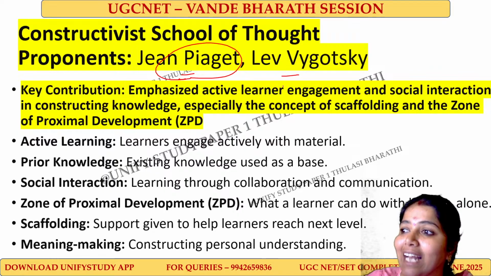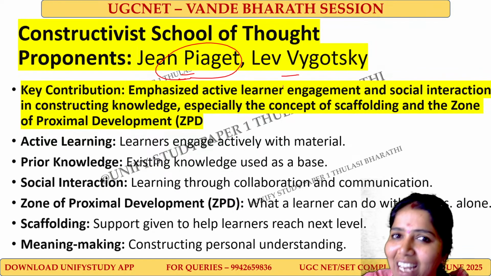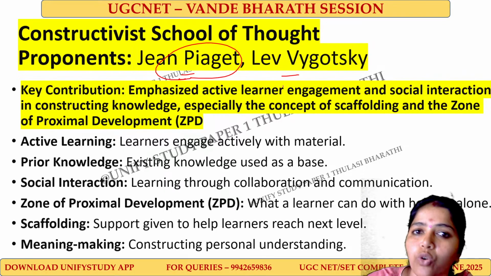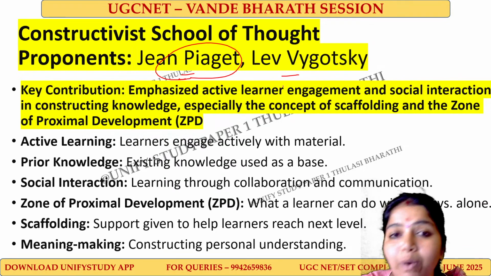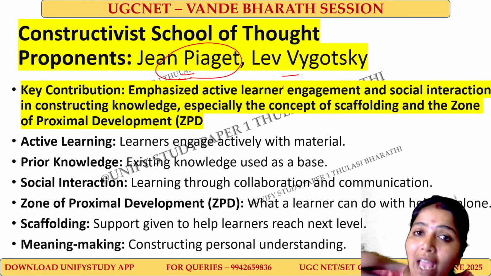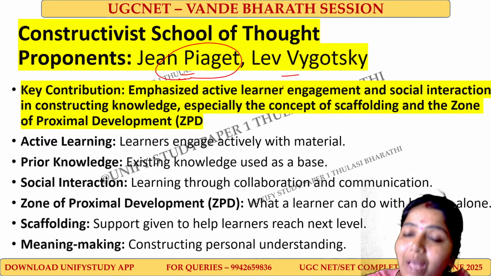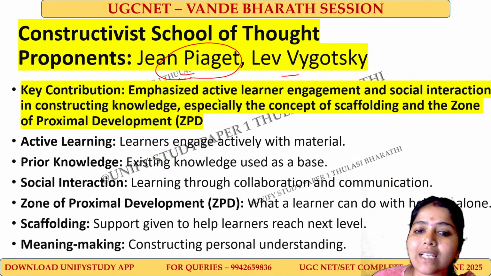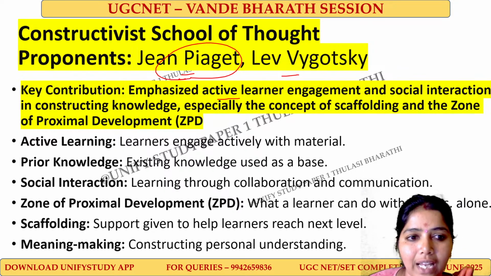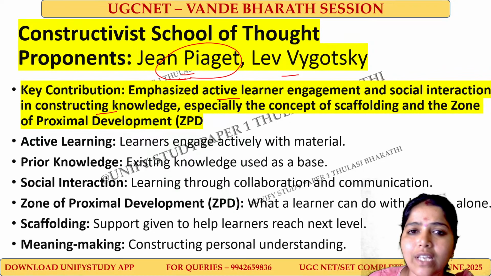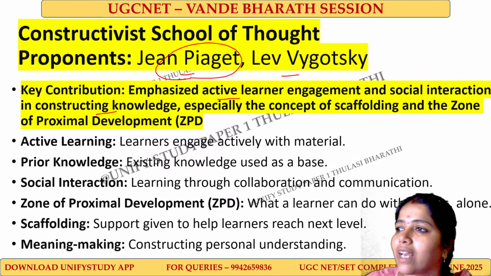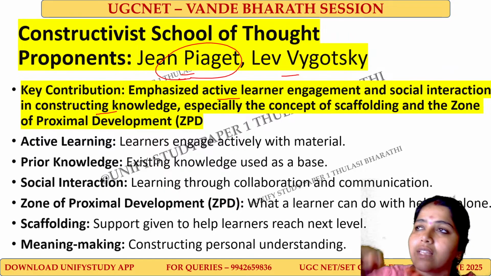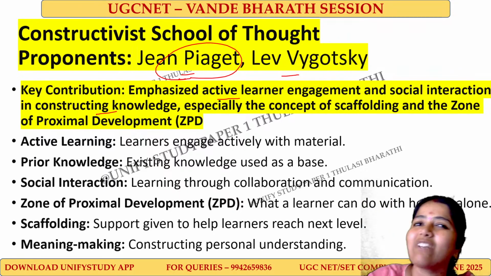So when they are sent to school, what will happen? They interact with the society. What is the society? Children of their same age group, teachers, people who assist someone, strangers, everyone they interact with, and from them they construct their knowledge, and it's called constructivist theory. It emphasizes active learner engagement and social interaction in constructing knowledge. You see that the child will speak very easily when they get into school. Am I correct? That is nothing but this constructivist theory. They construct their knowledge by interacting with the society.